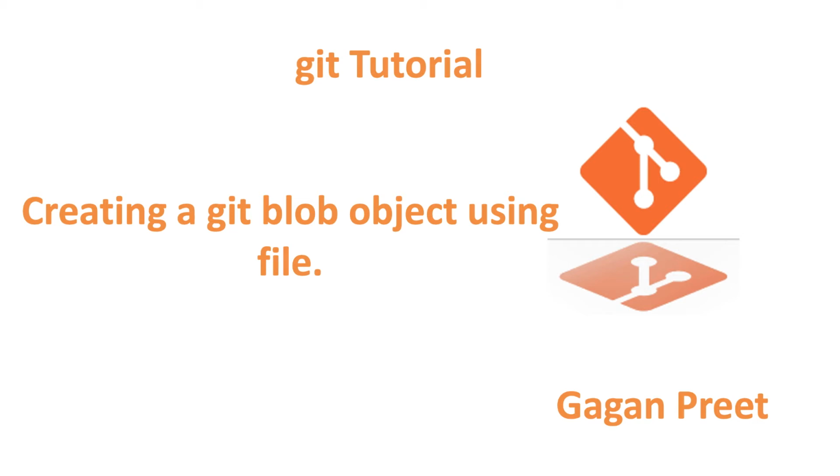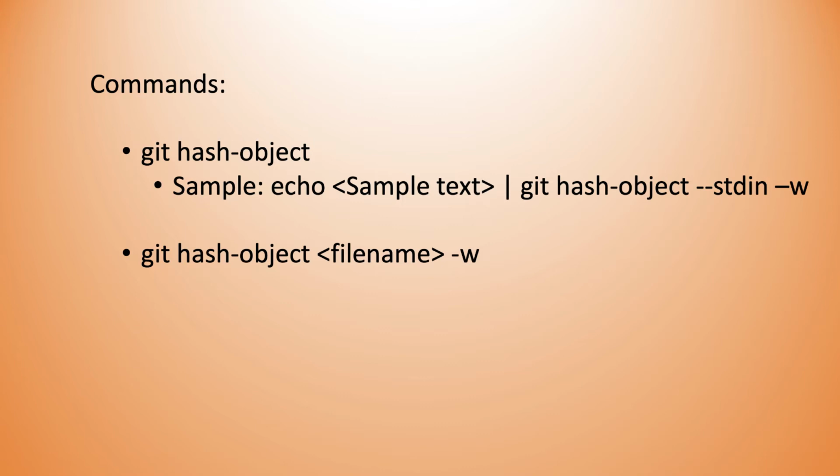Hello everyone. In the previous video, we have seen how to create a blob object using a string. But in this session, we'll discuss more about how to create a blob object using a file. As we know in Git, we check in, check out a lot of files, we modify a lot of files. So this section is also very important to understand how exactly a blob object is created using a file type. In the previous session, we used the git hash-object command to create a blob object for a sample string. In this session, we'll use the same command, git hash-object, and we'll use a file name or a file to create a new blob object.